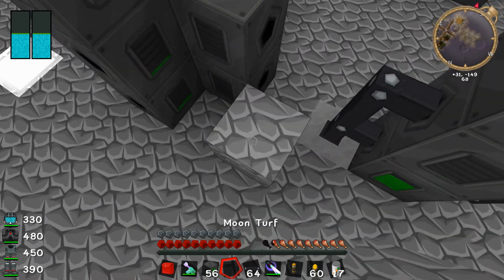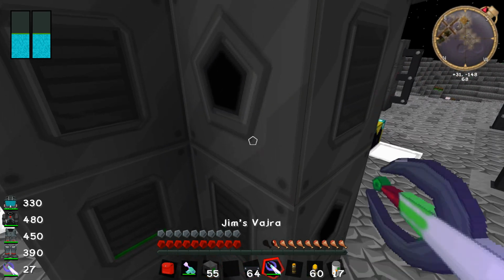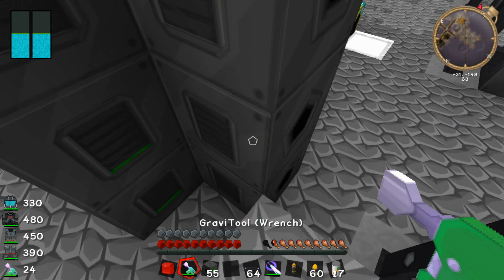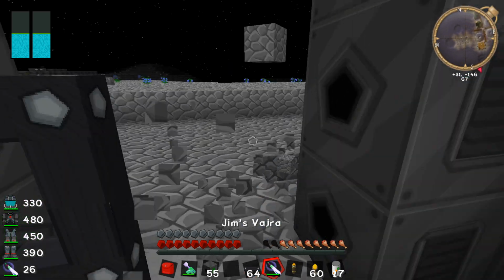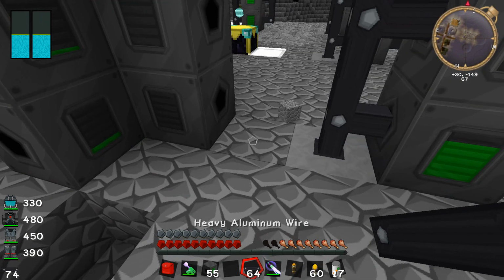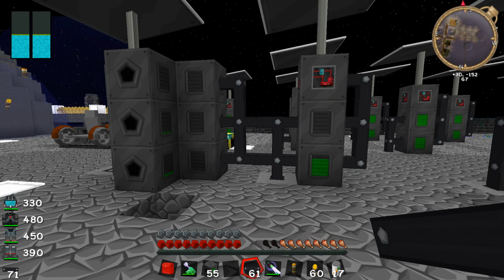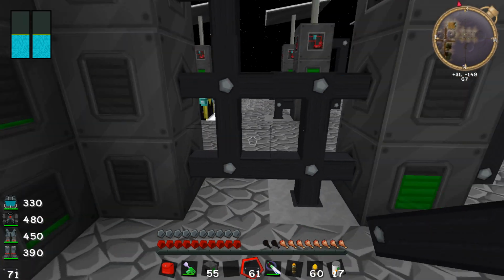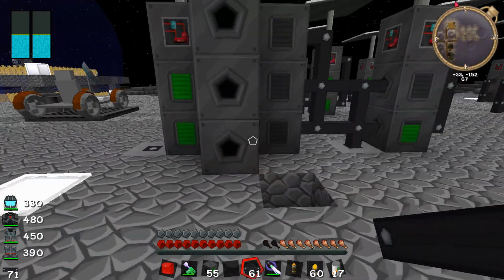And then one more on top of that. Rotate that. And then we just need to hook these up. So that's an output there as well. I can actually have this one going into that. That might actually work out pretty good. Into that. Yeah. Okay, and these ones